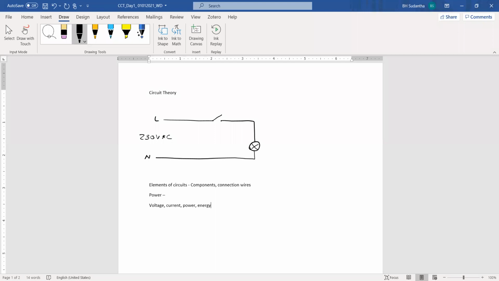Actually, in your lifetime, when you go to the different classes at different levels, you have covered those things, I think, many times. For example, the very simple thing, Ohm's law, V equals I into R. I think you have used this many times in your lifetime to solve different problems. And like I said, we are going to discuss those things again and again. Sometimes we look at those things from different angles, and sometimes we are going to summarize all these things and extract certain things, whatever is useful to a subject. Okay, those are the things we are going to discuss. Is it okay?